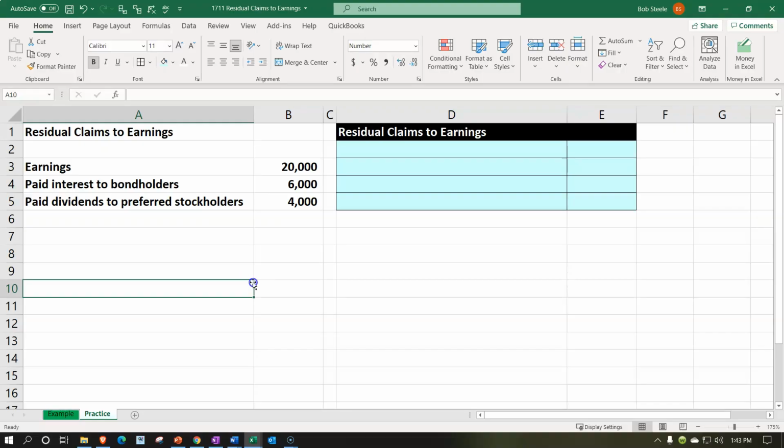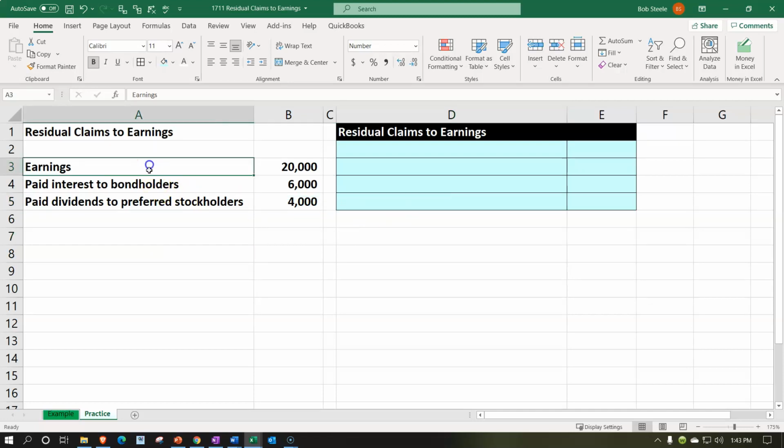Here we are in Excel. If you have access to Excel and would like to follow along, note that we're in the Practice tab as opposed to the Example tab, the Example tab, in essence, being an answer key. Information's on the left-hand side. We're going to populate that information on the right-hand side, going through a quick calculation of the residual claims to